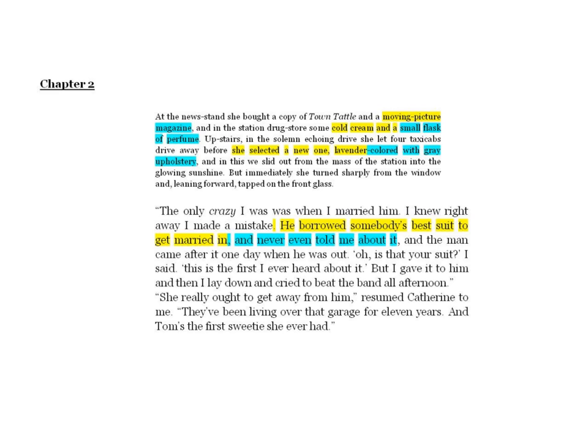So she doesn't want any old taxi cab. She lets 4 drive away before she selected. Look at that active verb. She has the power of choice now as a moneyed consumer. She selected a new one. What else? Nothing else is good enough for the standard Myrtle now operates at. Lavender coloured with grey upholstery.